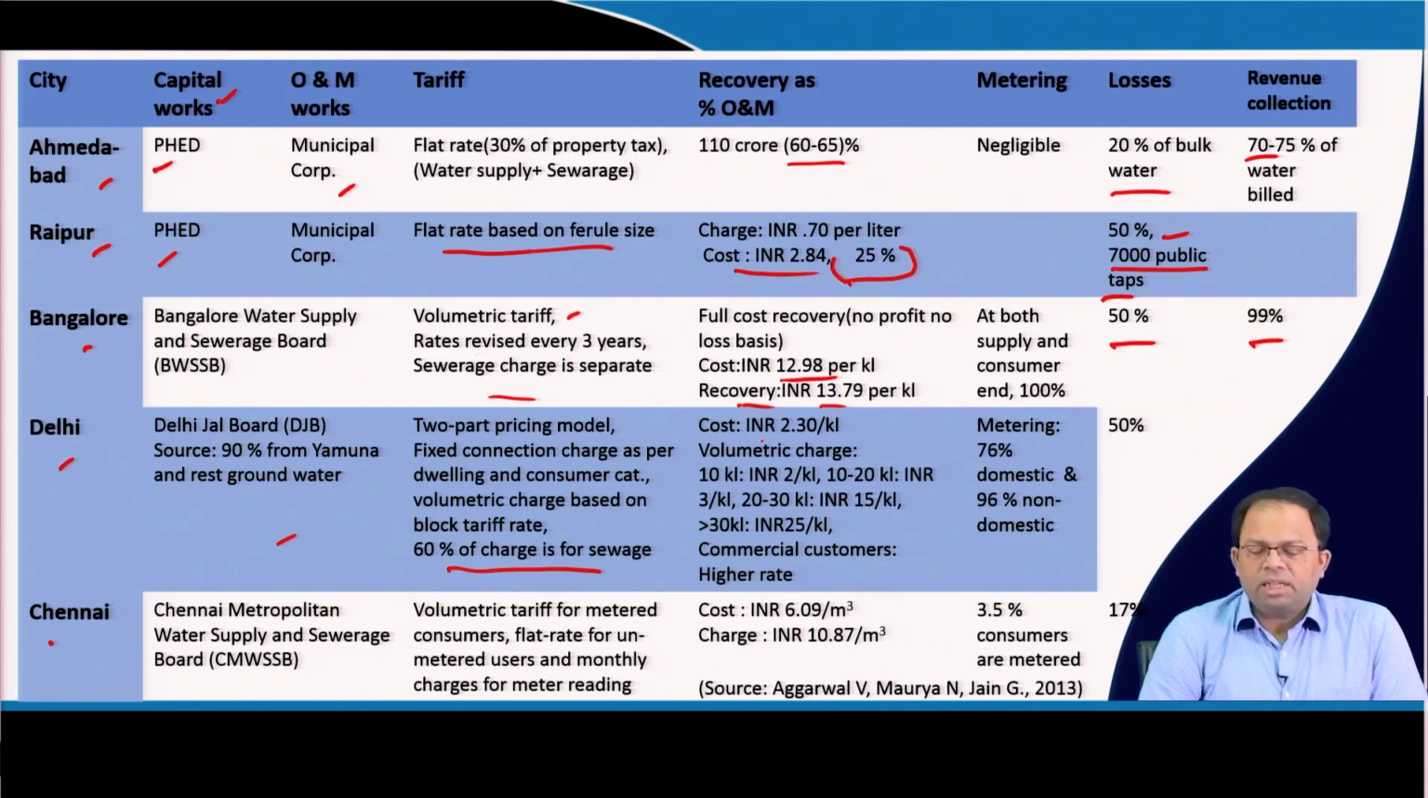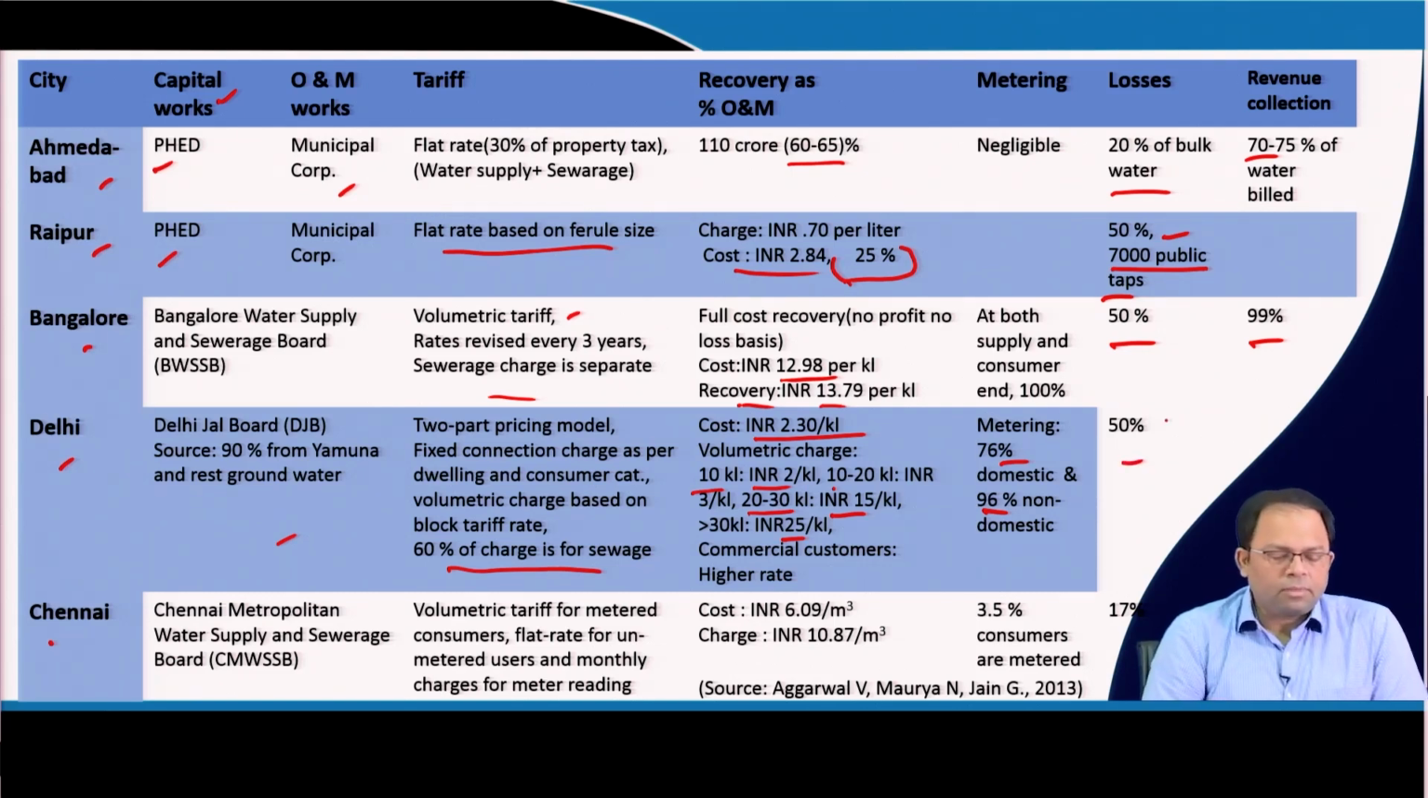So, in case of Delhi, the initial cost of water provision is INR 2.30 per kiloliter, and the charge they set is a volumetric charge where for the first 10 kiloliters the charge is INR 2 per kiloliter, for the next 10 to 20 kiloliters it is INR 3 per kiloliter, for the next 20 to 30 kiloliters it is INR 15 per kiloliter. You see a massive jump there, and greater than 30 kiloliters it is INR 25 per kiloliter. So, commercial customers are even charged at a much higher rate. Metering is around 76% for domestic consumers and 96% for non-domestic consumers, and 50% of the water is